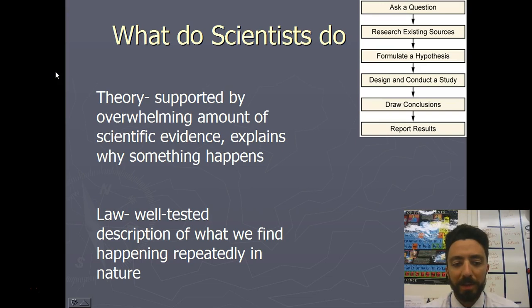parts here. There's theories and laws, and they're pretty easy to get confused with one another. A theory is something that's supported by overwhelming scientific evidence. It's going to explain why something happens. This is like the theory of plate tectonics. We don't have physical proof, we can't see it in action, but there is a lot of science that shows